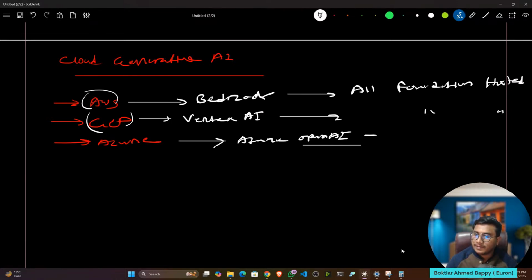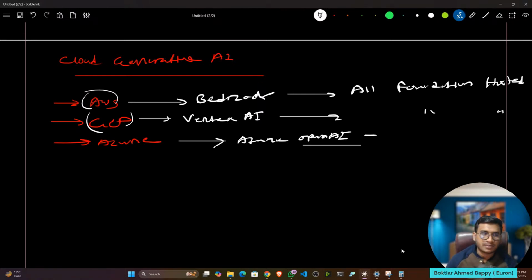And these platforms are also trusted, that means there is no risk that your data will get leaked, because these are trusted cloud providers. But whenever you take an open source model from Hugging Face itself, there is a possibility your data may get leaked because you are using third party sources.